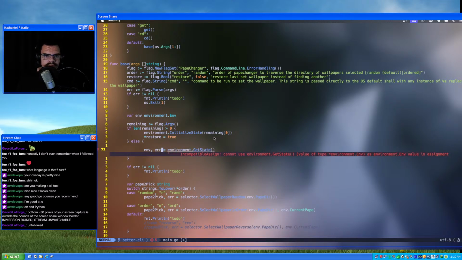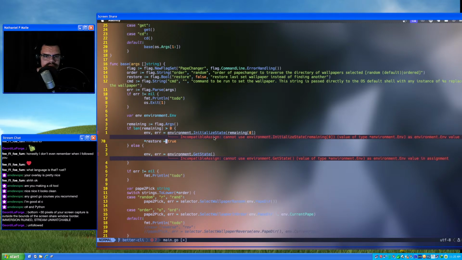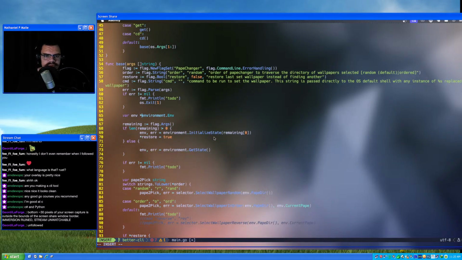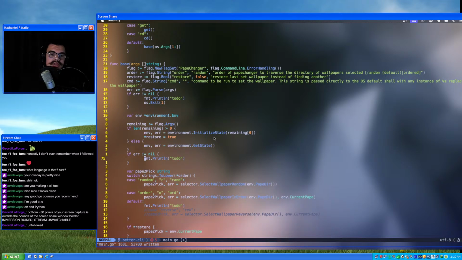Morning, sunshine. This pointer, and that isn't actually that much cleaner, but it's slightly less code and does what I want it to. So who cares? Who cares?